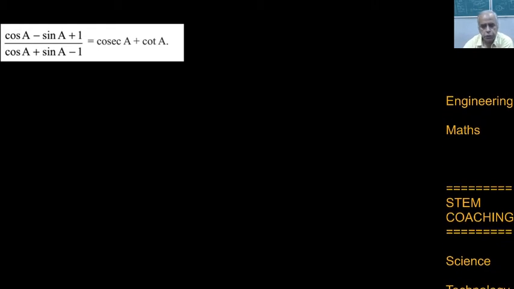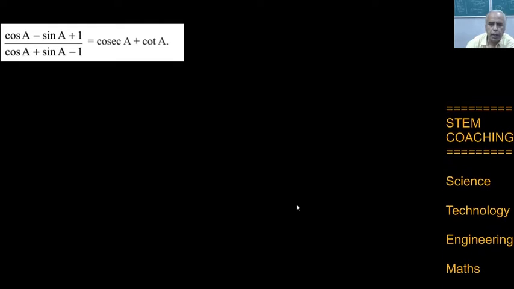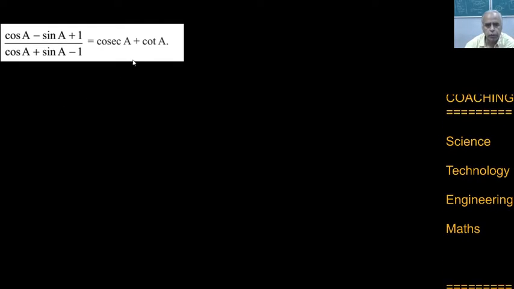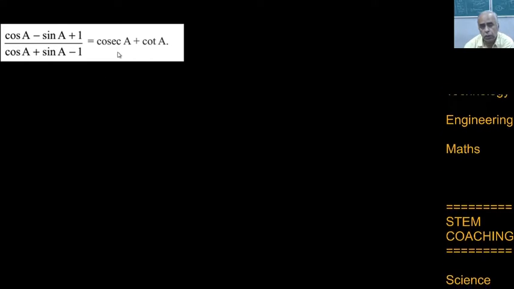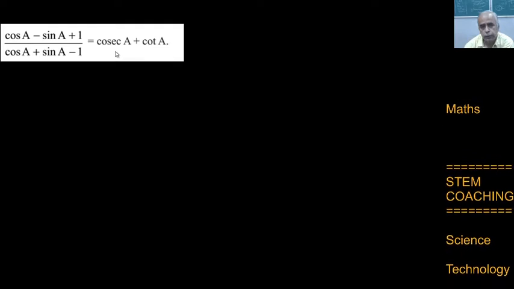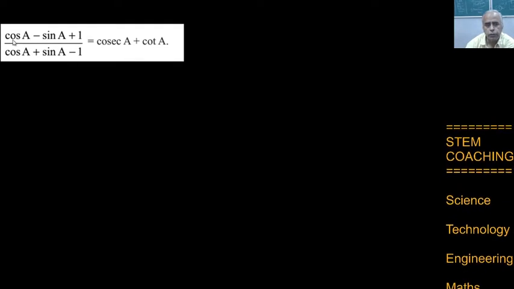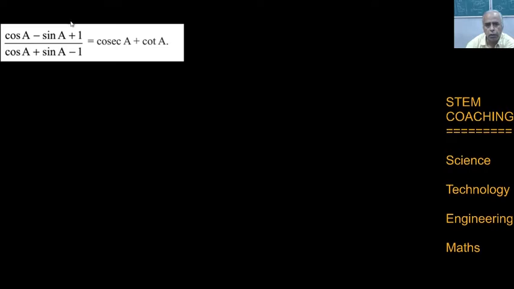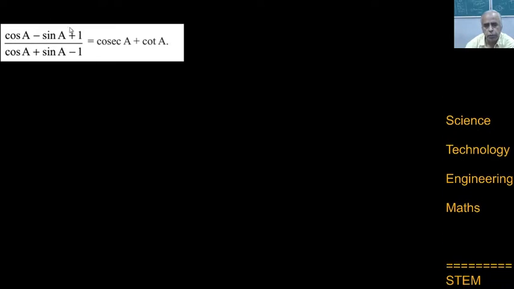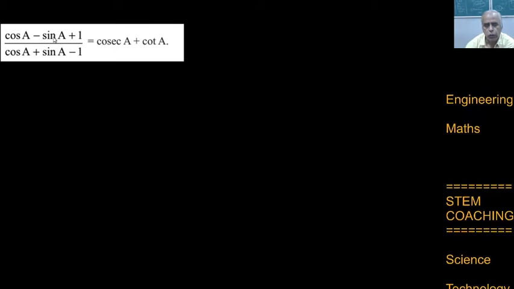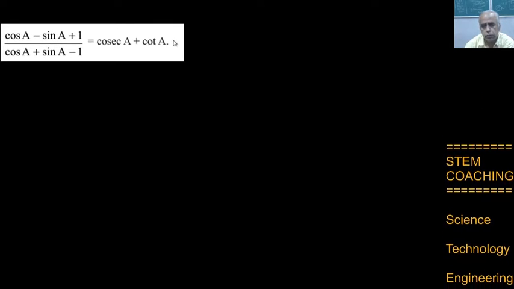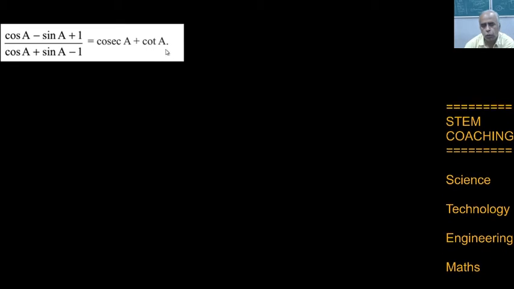Let us discuss this problem. Whenever you look at any identity proofs like this in trigonometry, look at the other side, that is cosecant. Cosecant is nothing but 1 by sine. So these are all in the first level, that is cos. The LHS is based on simple sine theta and cos theta, sine A and cos A. Whereas the RHS consists of the reciprocals, and the reciprocal of tan theta, tan A, is it not?